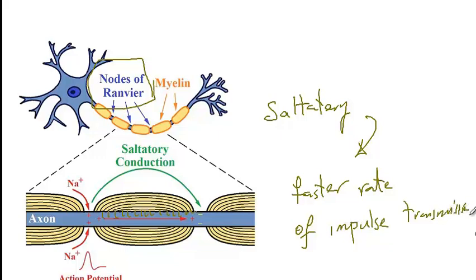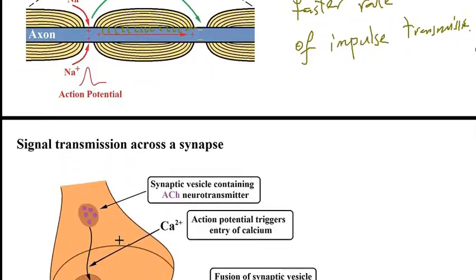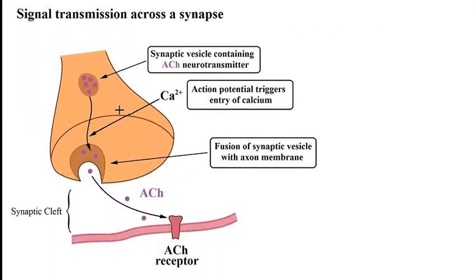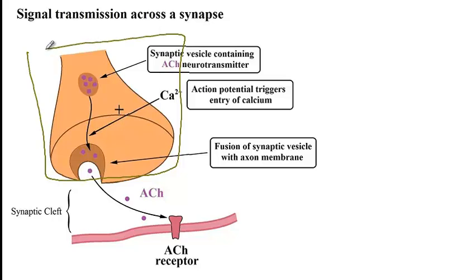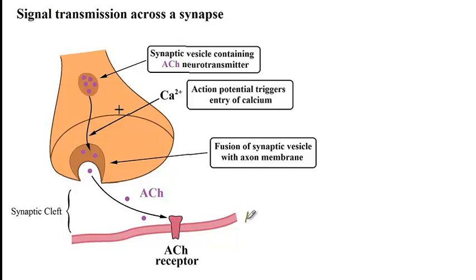Okay, so far we've discussed the resting membrane potential, how an action potential is initiated, how myelin helps with a quick transmission of action potential. Next, we would like to talk about how signals are being transmitted across a synapse. And so here I'm showing you the end terminal of one nerve cell, and next we have the receptor of the next cell, which could be another nerve cell, or sometimes called postsynaptic cell. It could be a muscle, or it could be a gland. So basically here I'm just generalizing the mechanism of signal transmission across a synapse.